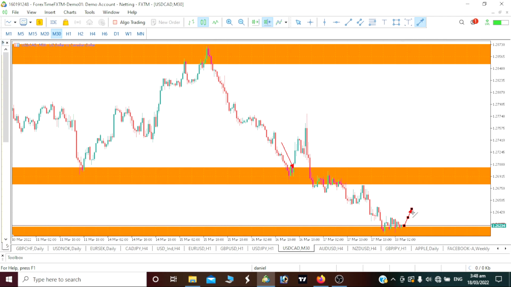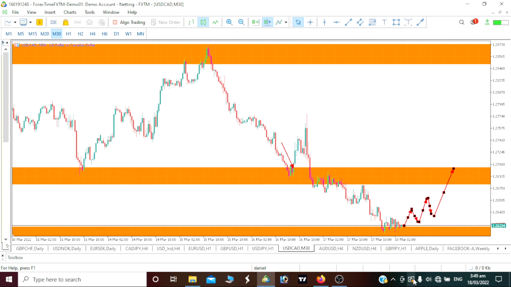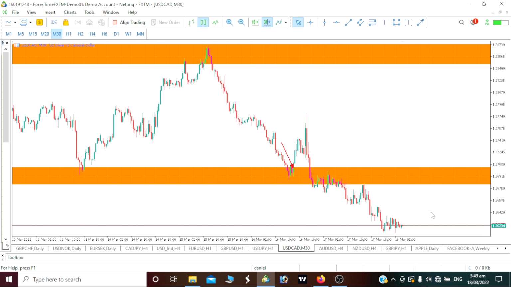Maybe our price is going up, it pushes down, it breaks this structure. Then basically when our price comes back to test, we would want to take our buy position, probably when our price comes back to test around this area, which should be giving us about 64 pips, by the way. So we want to be seeing bullish move up, trending upward, before you actually take that buy position.